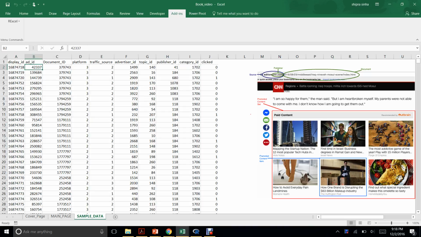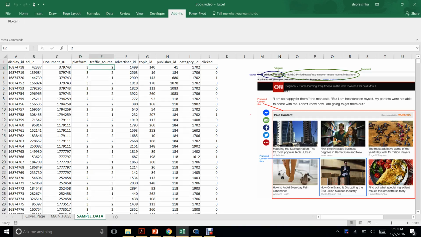Ad ID is the ID of an ad. It has characteristics. It is recognized by topic ID and a particular category of an ad. Document ID is the ID of a document. It can be news, it can be a travel website. Platform is the platform from where we are browsing a given website, such as laptops, tablet.